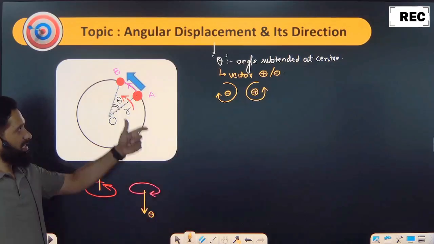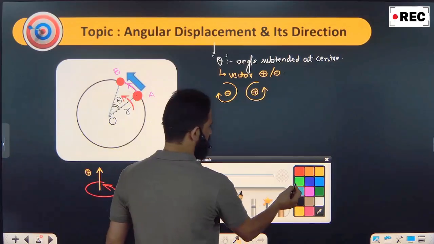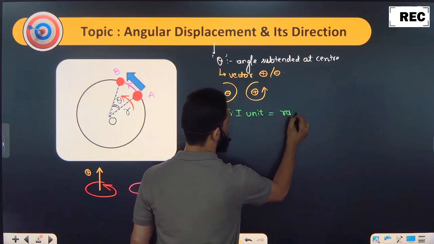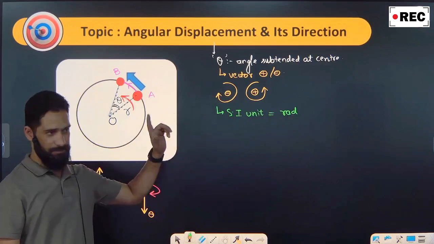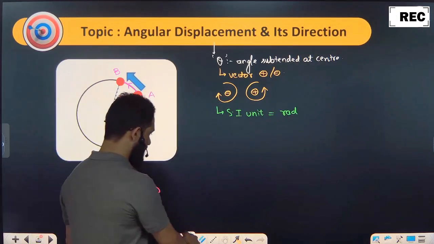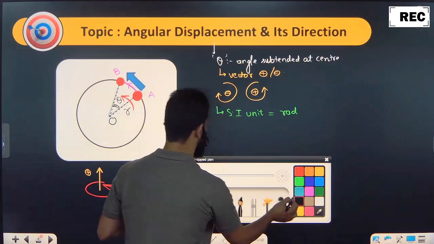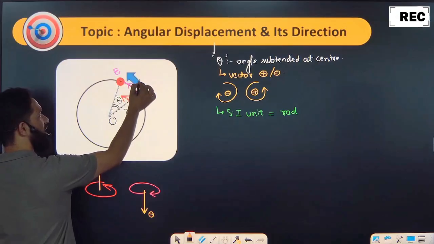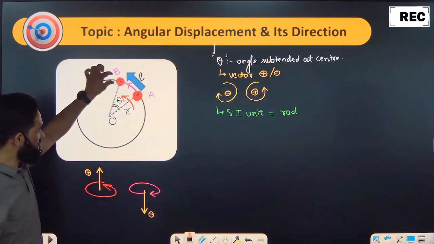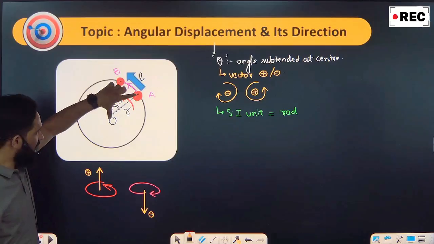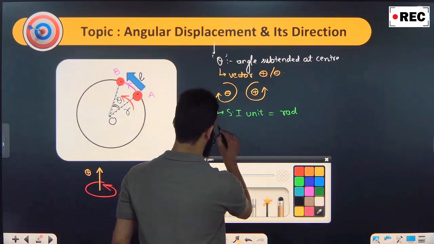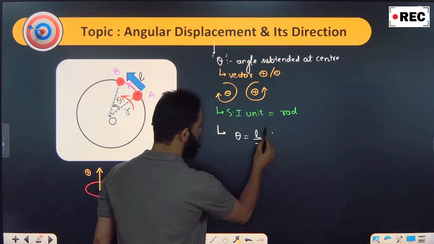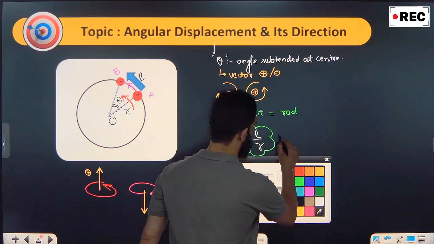You got that? Next thing about this, what is the SI unit of this? SI unit is radian. Since it is an angle, the SI unit is radian, represented by RAD. And we have one thing. What if we have the total distance by radius? If the total distance covered from this point to this point is the length of the arc, total distance covered by this red color ball is the length of the arc, R is the radius. Can you tell me what is the magnitude of this? Yes, we had discussed this. Theta is equal to L upon R. In other words, if I have the angular displacement, I can tell you what is the distance covered by this body.